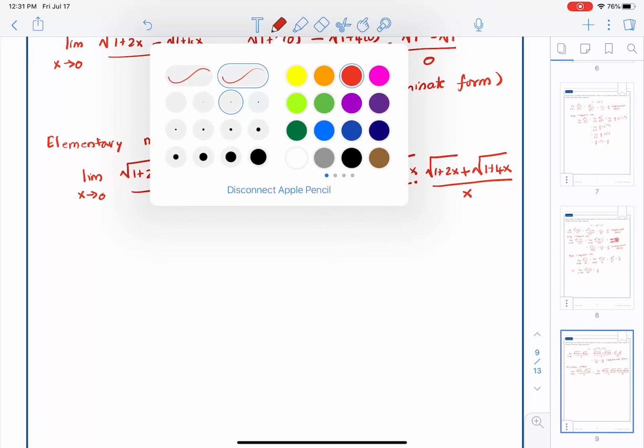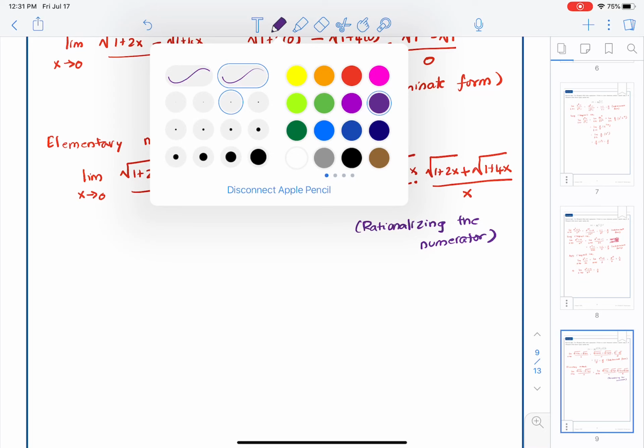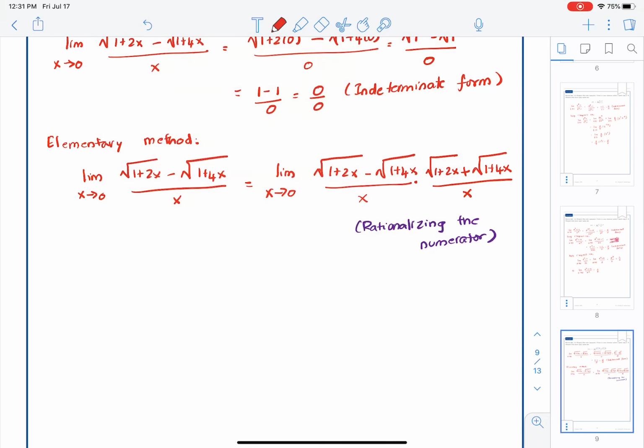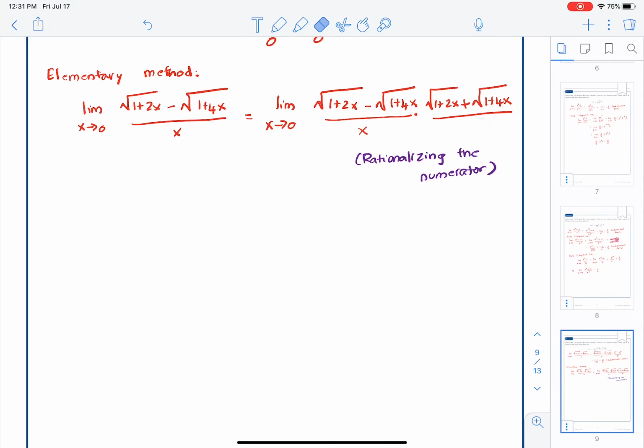Now this is what we call rationalizing the numerator. Once we rationalize the numerator, sorry, again bad math there, the denominator should be square root of 1 plus 2x plus square root of 1 plus 4x. If you FOIL and multiply the numerator,